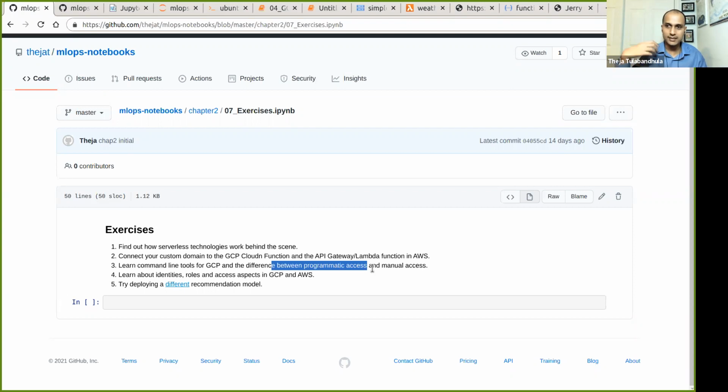For example, if you want to access GCP stuff like Cloud Functions or Google Cloud Storage from our machine, which is on AWS EC2, right? It's on AWS EC2. So from the AWS EC2 machine to talk to Google Cloud Storage, there needs to be some secret tokens on the machine using which we can access. Okay, think of the tokens as long alphanumeric strings, which should be kept secret. Okay, and that's about it for chapter 2.